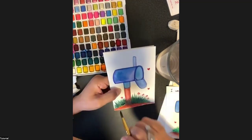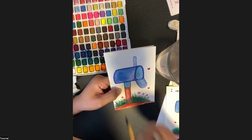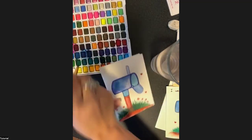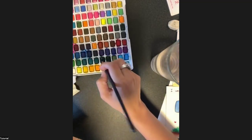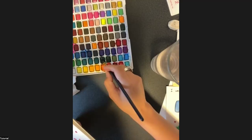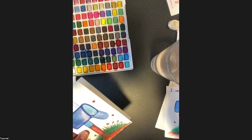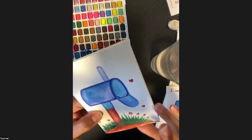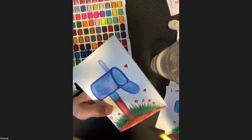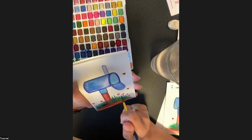Pick up more pigment in here, a little bit more paint. Right, so I filled that in. Then again, my brush is not wet, it's just damp in a very small amount of water, because the more water you have, the more mess it can create. So I try to keep a very small amount of green color if you want to make small, detailed